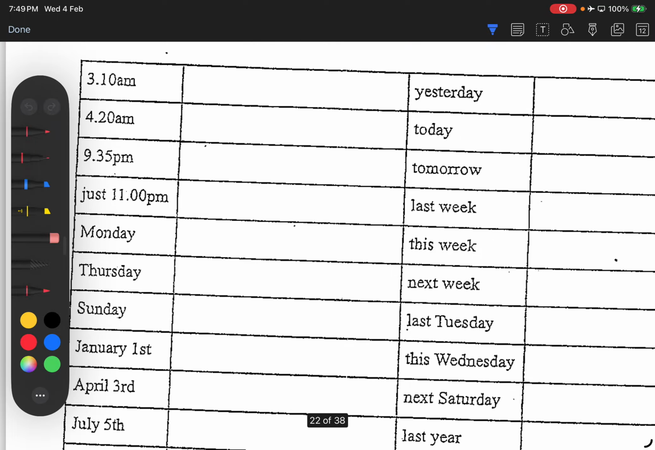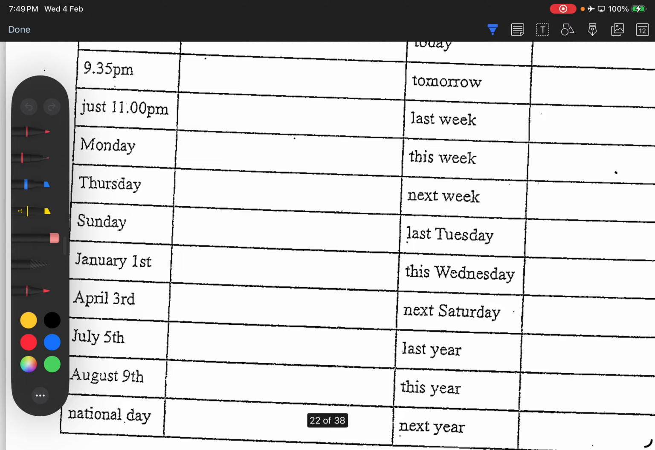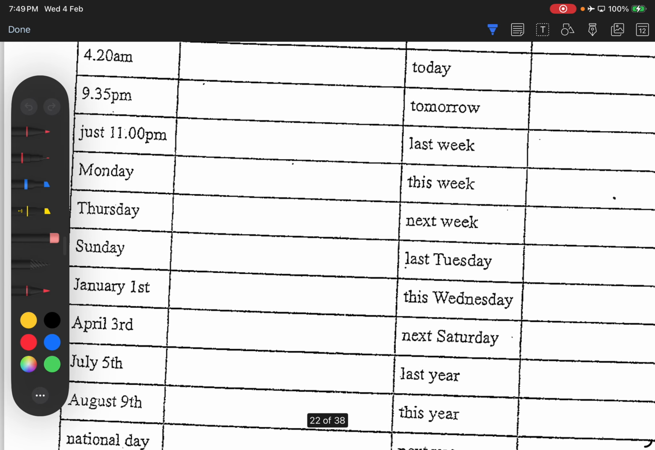Next, PM 9:35. 午後9時35分。 Okay. 午後, right? PM 午後9時35分。 F-U-N, 分. Just 11 PM. Yes, Sri. ちょうど午後11時。 Just start with C. ちょうど. So ちょうど午後11時。 Okay, good. ちょうど午後11時。 Right? The ちょうど will come in front. ちょうど午後11時。